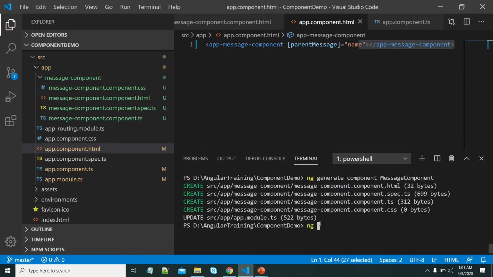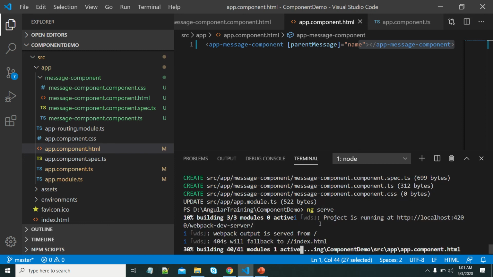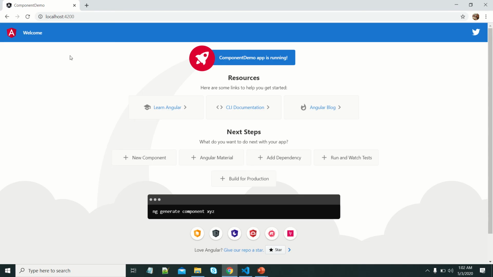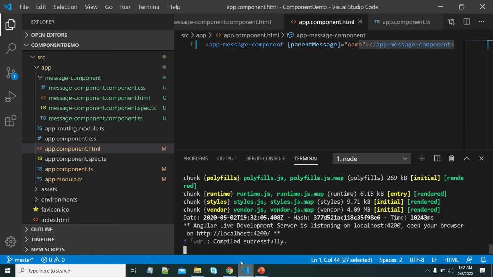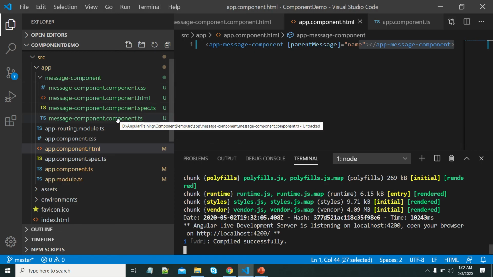Let us try to execute this. Compiled successfully. Let us see the output here. We can see that John is displayed within the child component, but actually that value is coming from the parent component. This is the way we can use the input property.